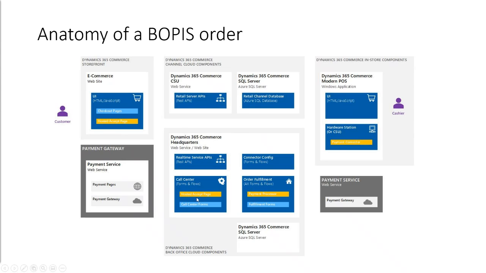From there, it can be edited in the call center. It can be fulfilled through the distribution center, or someone can retrieve that order using the real-time service, for example, in the point of sale. If a customer comes in to pick up an order, the real-time service is used to look up the order, return it to the point of sale, and perform fulfillment. So with that really high-level overview of these components, next we can step into a demonstration and see how all of these things come together in a real-ish world scenario.